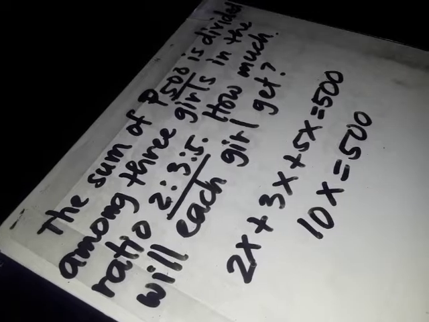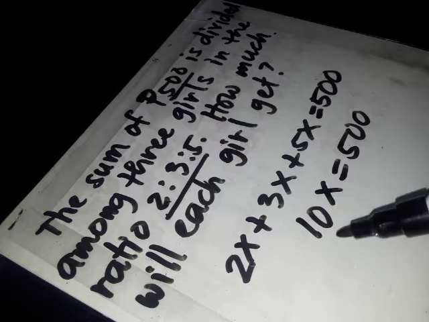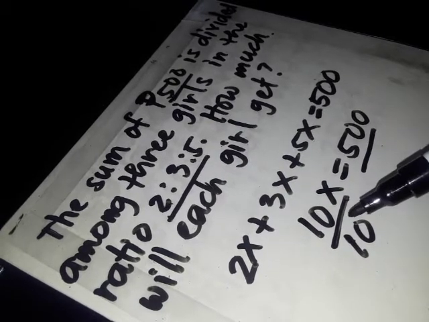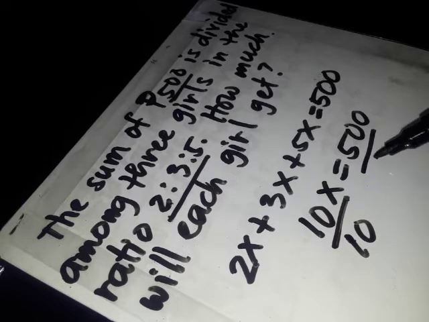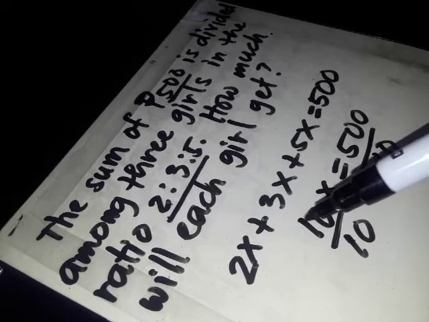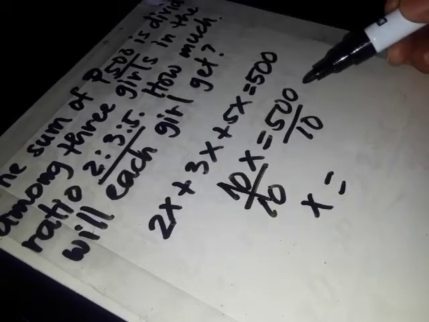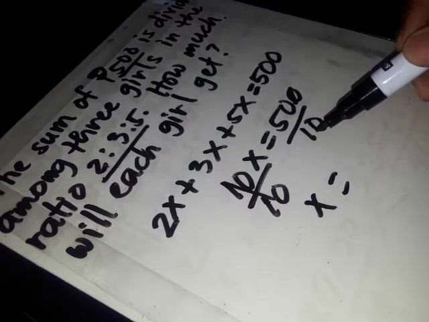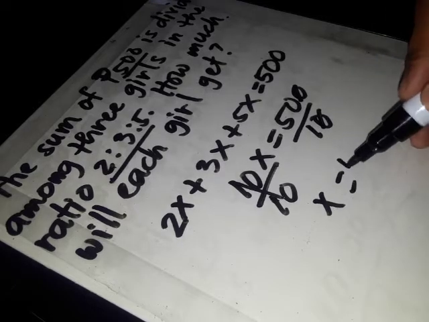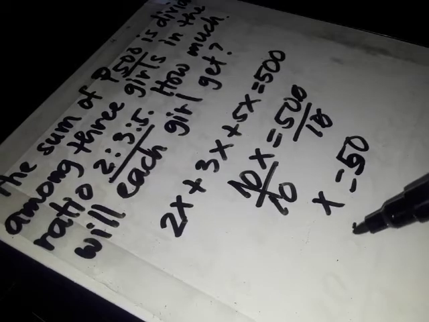500. Okay? Next, dapat mag-isa lang ni x, kaya i-divide na natin ang kung ano man yung number sa tabi niya, both sides. Okay? Kung ano yung divide dito, ganun din doon. Cancel, matira si x is equal to, tanggalin ang dulo-dulo. Okay? So, 50 divided by 1 is equal to 50. Okay. So, pag nakuha mo na si x,